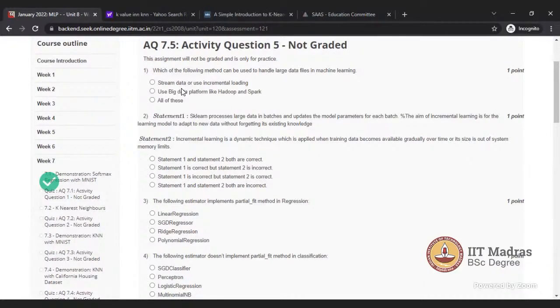This is tricky. I wasn't sure, so I didn't attempt this. I just read the question, but I thought both would be the right answer. This one is right, that's not an issue. Otherwise, in general, if you got some large data set, what will you do? Loading in batches and then doing the training. Yes, that's correct. That is the first option, and the second option is installing Hadoop and Spark. Some other thing coming to your mind? One is, we talk about the data set in terms of rows, but even columns we can selectively read.